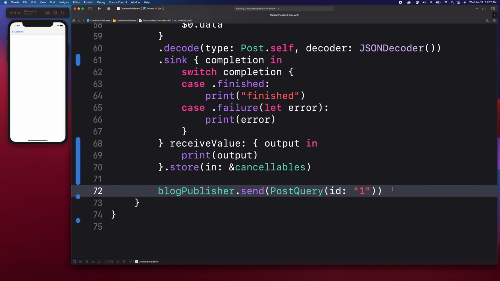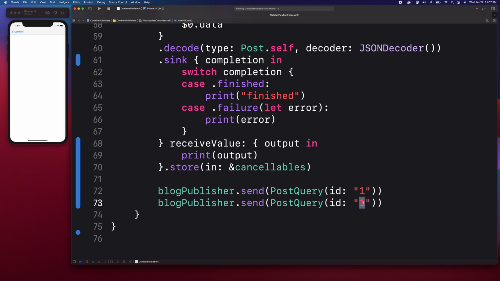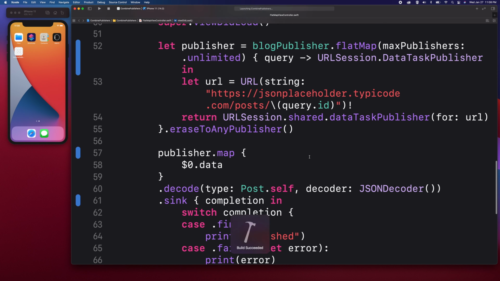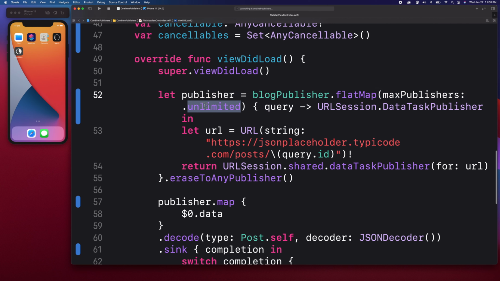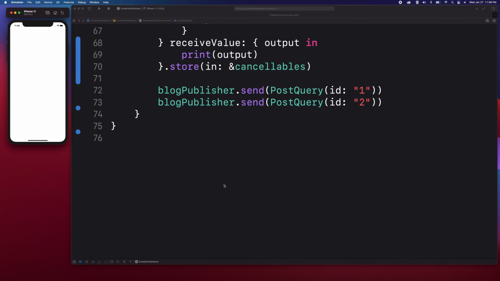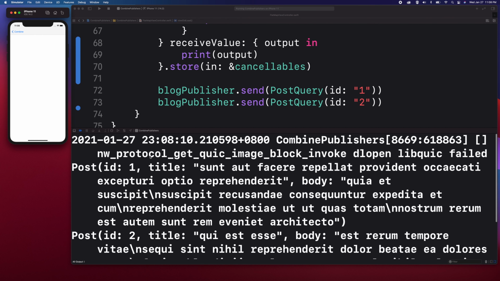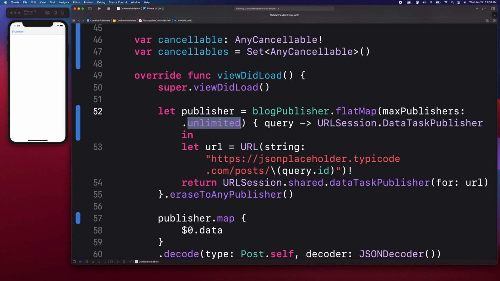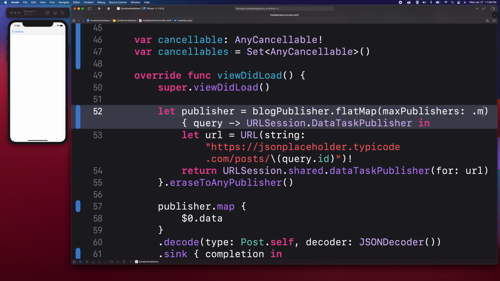So if I want to do another query, I'm just going to duplicate this and then pass in a different ID and then run the app. And then our flatMap operator is set to unlimited, which means that we will be able to see a couple of posts displayed in the debugger. Alright, so now we have a couple of posts printed. It means that we have a couple of subscriptions that were made, and then a server request has been made for these subscriptions. If I'm going to change the max publisher count to a maximum number of 1,